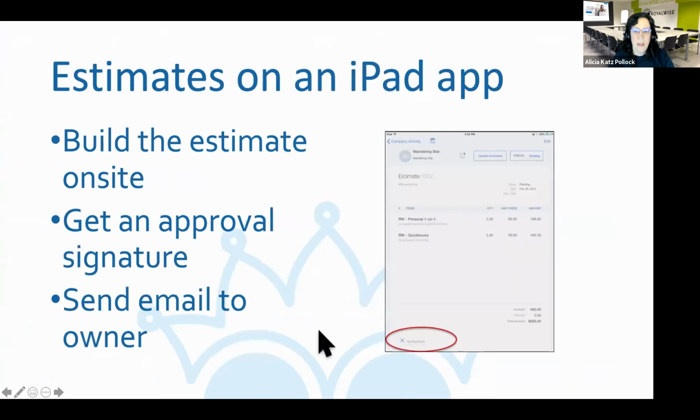I also want to point out that there is a mobile app that works with QuickBooks Online. So you can go get the mobile app, and then you can actually have your service people out in the field with an iPad, putting the estimate together right on screen. And there's even a place where the customer can approve it and get a signature with their finger right there